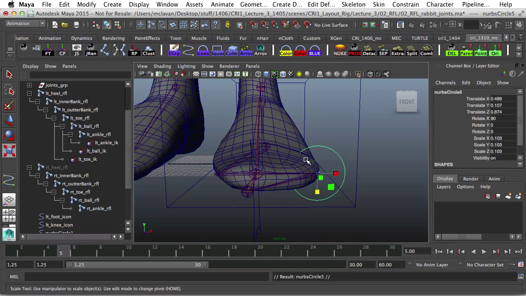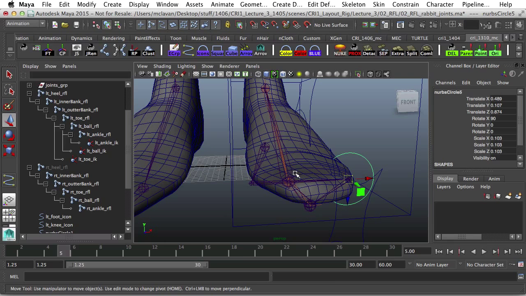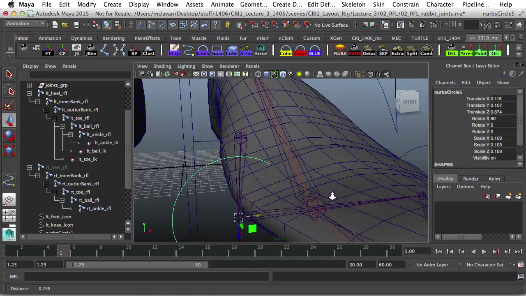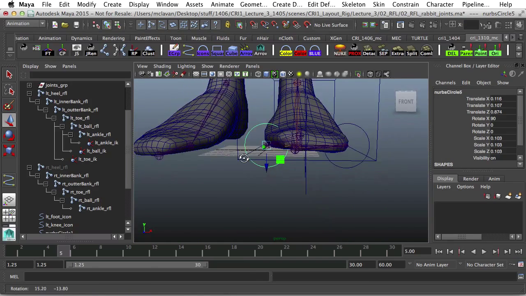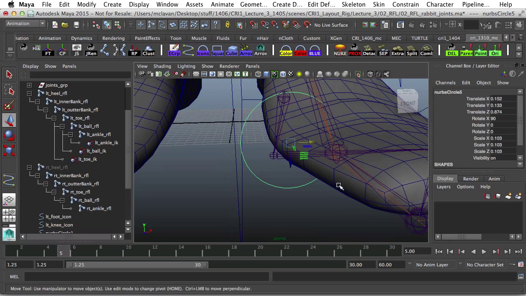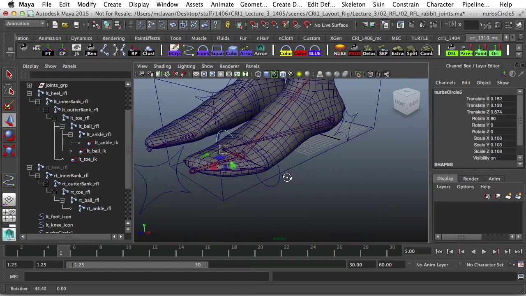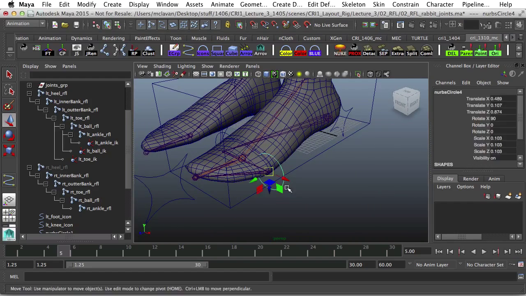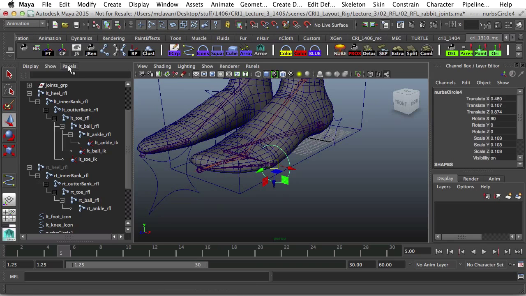I'm going to duplicate this and bring it over to the other side. There we go. Make sure it's right on that point. There it goes. And I could move it up and in a little bit so it represents geometry better and just snap that pivot point right back on. There we go. Okay. So at the end of the day, we need to delete history,